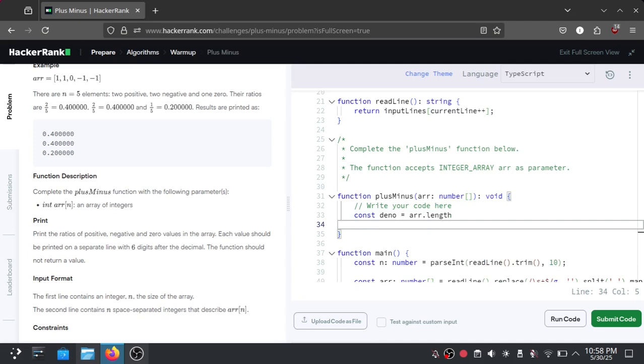And then for the second one, we are leveraging the reduce function to count the numbers, the numerator, passing the array parameter with reduce, and as usual we are using the accumulator and the current.